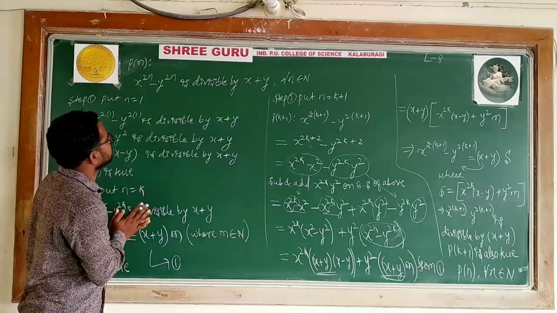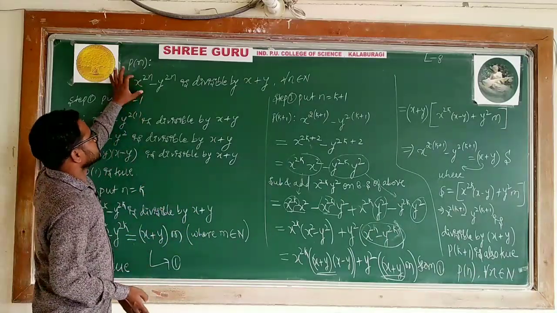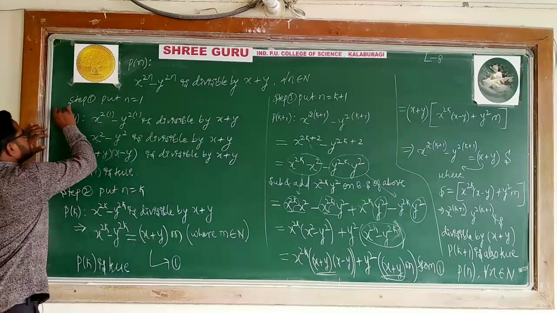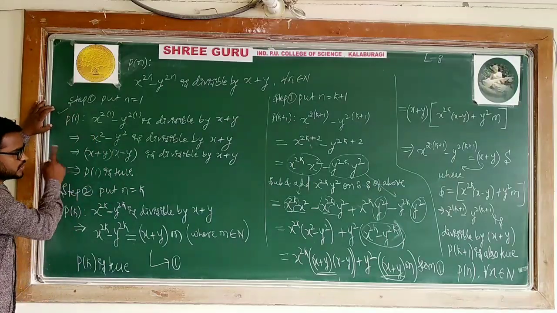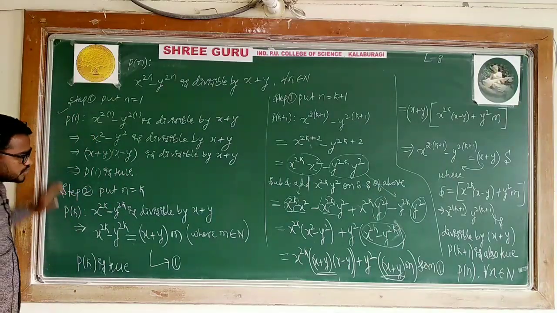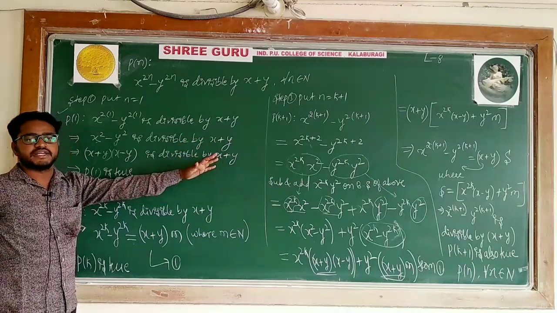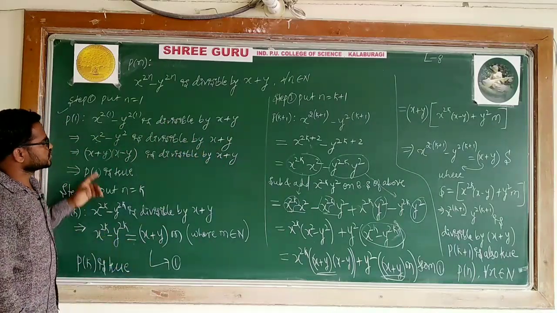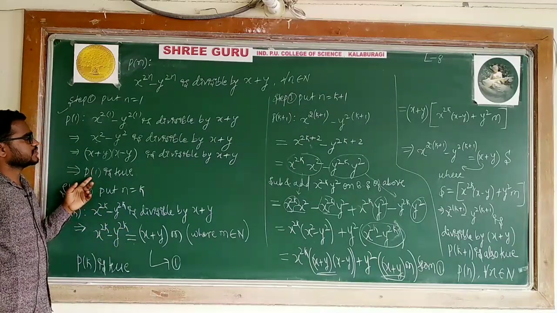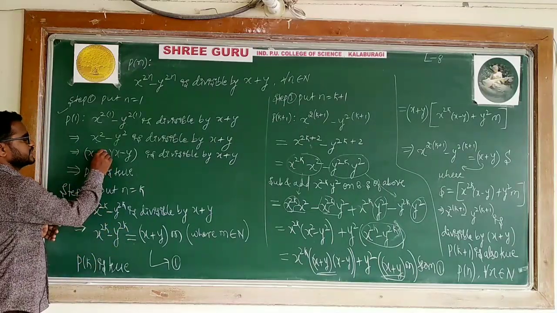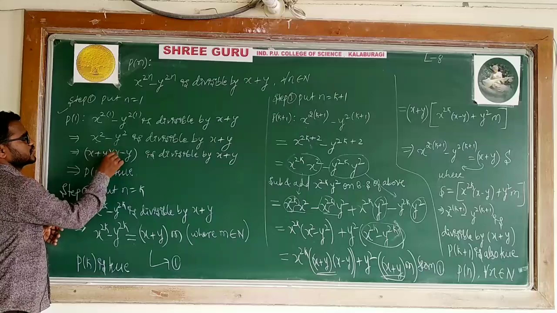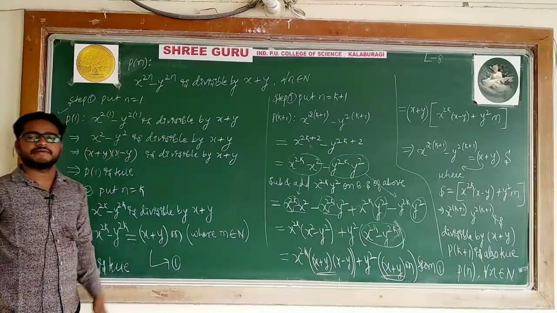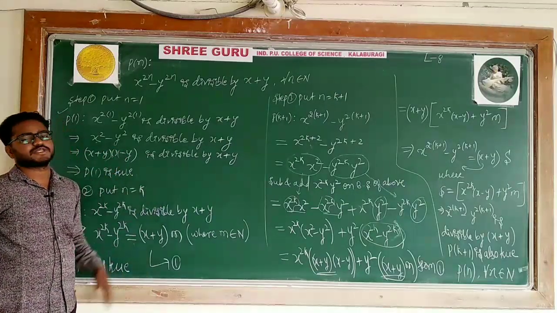In the case of CET also, you decide whenever it is given, using the first step. In CET case, take only the first step. Don't do the second and third. It is not necessary to express second and third. Only using this you can decide is it divisible or not. On the basis of this you can decide. So then you can say it is divisible by x plus y.